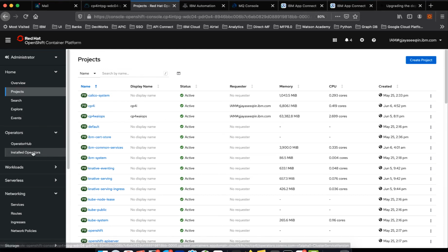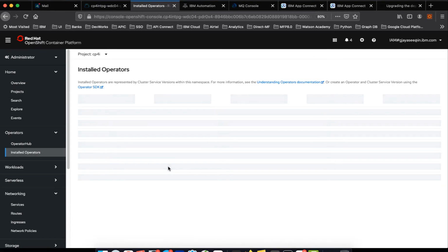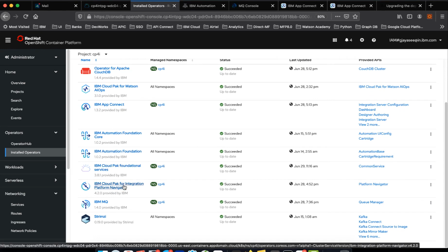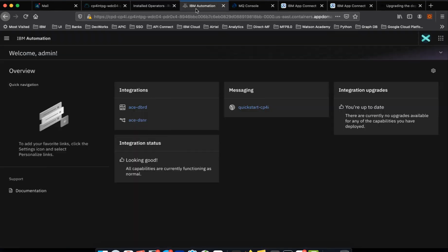I have already installed the older version of Platform Navigator, IBM App Connect, and MQ. If I log into my Platform Navigator, these are the current workloads and components or capabilities that are currently running.